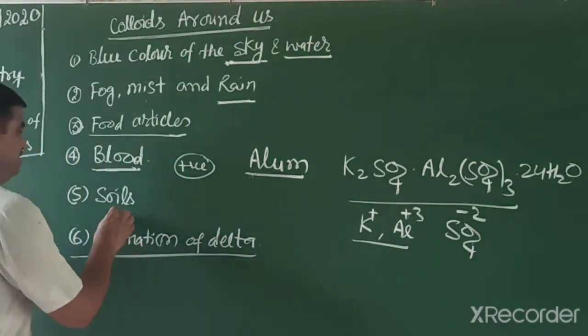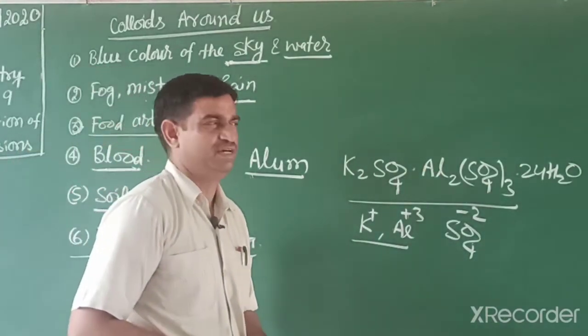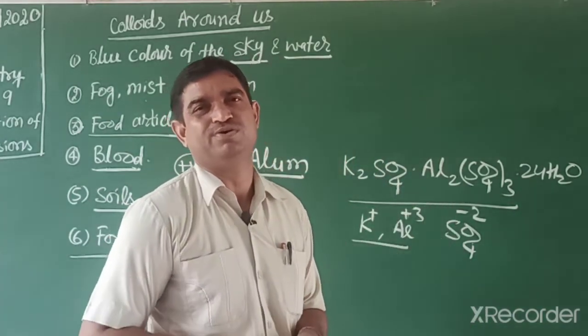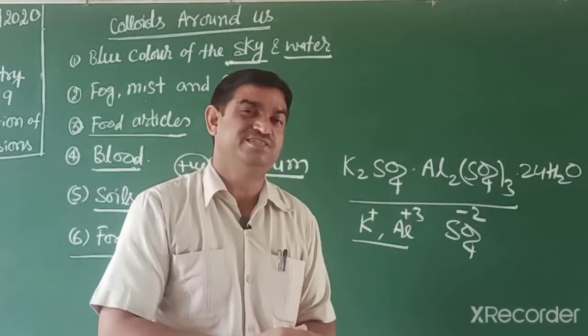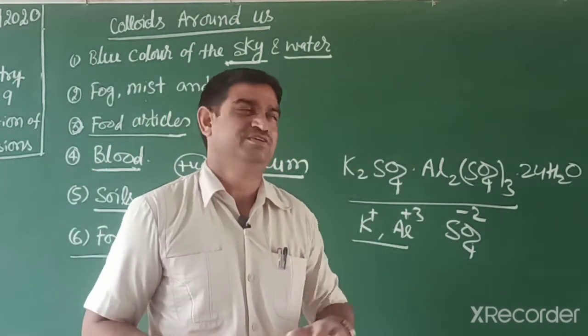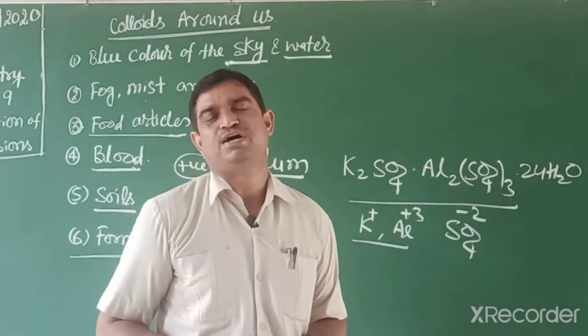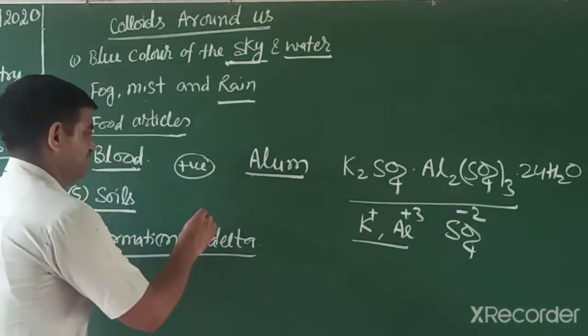Other one is soil, students. The upper soil is very fertile, and we grow different crops in our fields. So students, near a tree, under a tree, there is more humus. The reason behind it is that organic matter is present in that soil, so more plants and more grass grow. But that is another humus.